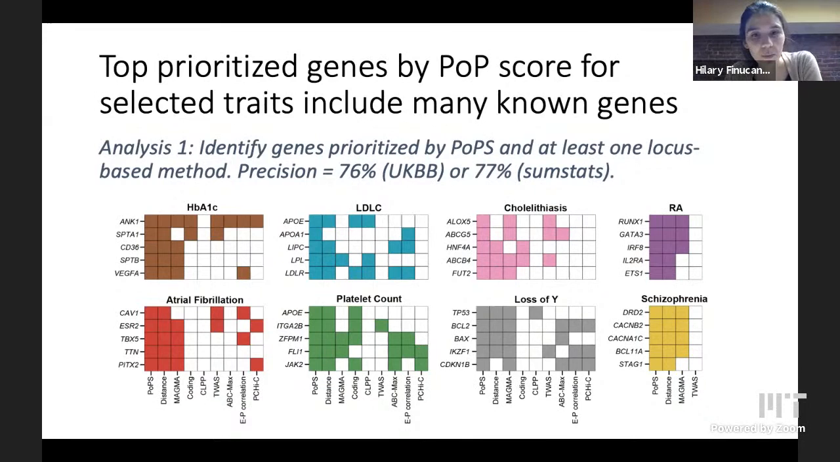So according to our benchmarking, if you do this kind of stringent thing where you require a gene to have support from POPS and you also require it to have support from at least one locus-based method, that gets us up to the very impressive and great precision of 76 or 77%. So it's still very much an unsolved problem because really what we'd like to be doing is getting up to precision that's close to 100%. But if we look at these genes that we're nominating using multiple different lines of evidence and we examine them,